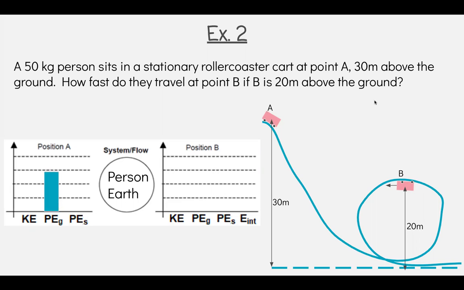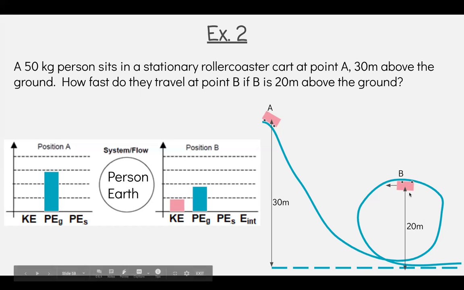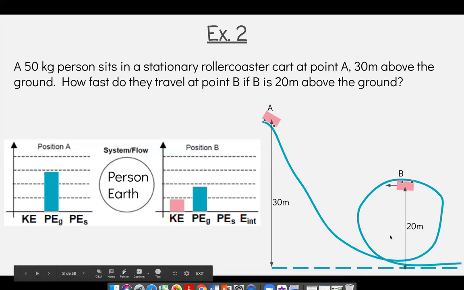At B, it is both above the ground and moving. Fun fact, if it is not moving at B, the person, they don't have enough momentum to stay on the track. They'll fall straight down. They will just projectile straight down into the upside down roller coaster track, and that would be unfortunate. So they are moving at point B,